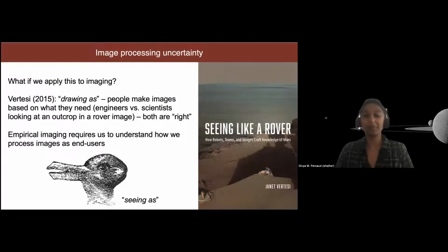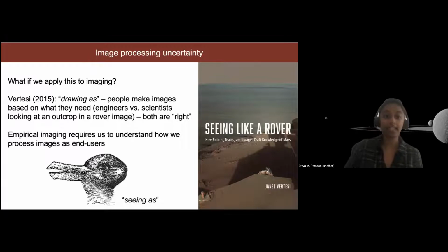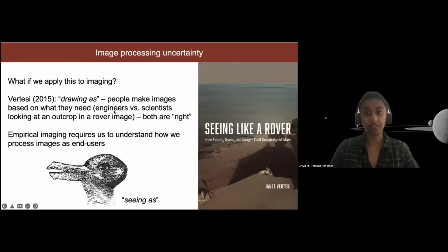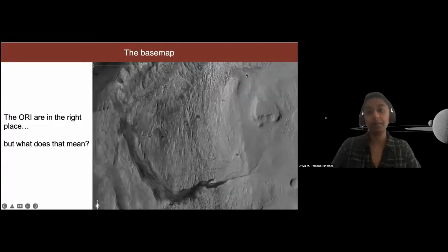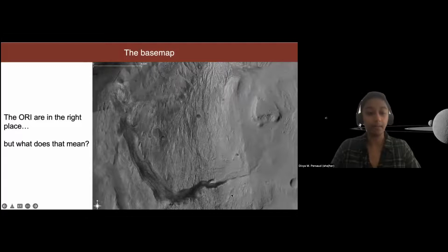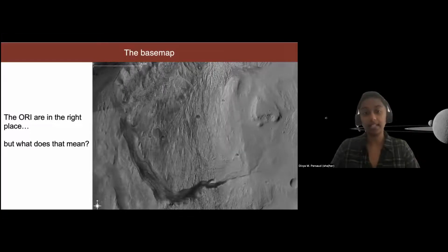So I've been thinking about, what if we apply that to imaging, right? Because I've highlighted a lot of points of subjectivity when we do image processing. And we can think of these digital terrain models. Say we go back here, even just 2D images. When we look at these images, as a geologist who's an end user, who's probably just mapping geology, I look at this as a representation of the truth. I look at it and I think I know where things are, and the shapes and morphologies of things I trust. But what if we thought of images as models of the surface?